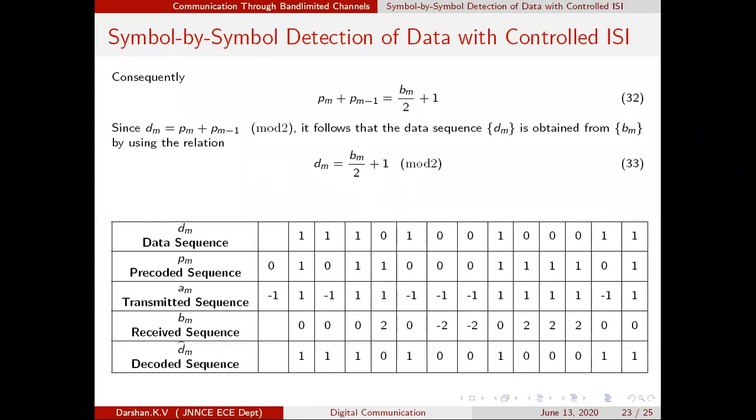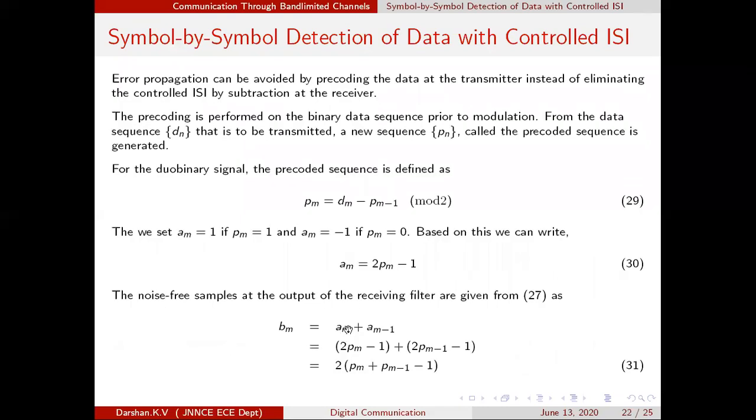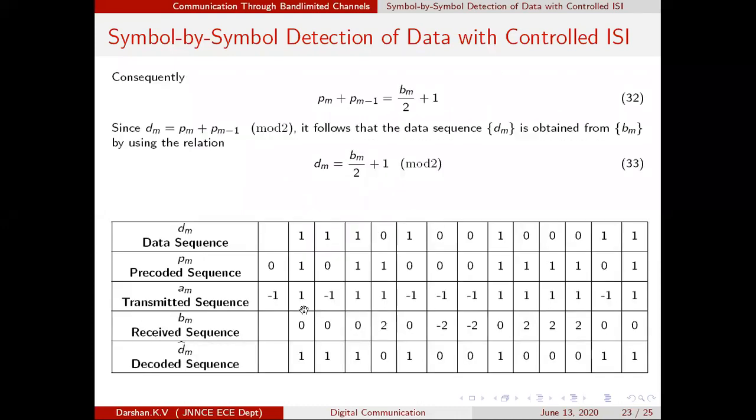Okay. So then what are you receiving? Received sequence is a sequence which is corrupted by one ISI component. How has it been corrupted? As per the equation, the desired one plus the previous component that has been written over here. Just observe, here we have transmitted 1. Then to this you need to add the previously transmitted sequence, 1 plus of -1, that is 0. Better example is this. Here you have transmitted 1. So what are you receiving? You are not receiving 1. To the 1, the previous transmitted sequence was also added. So therefore you are going to receive it as 2.